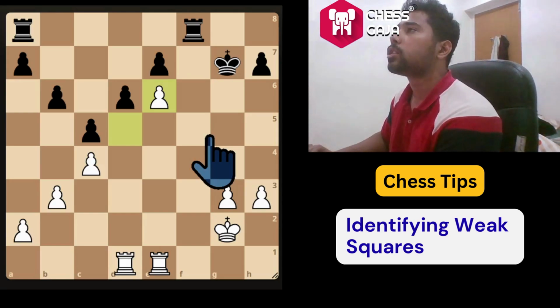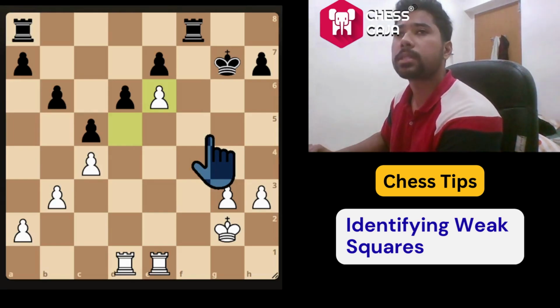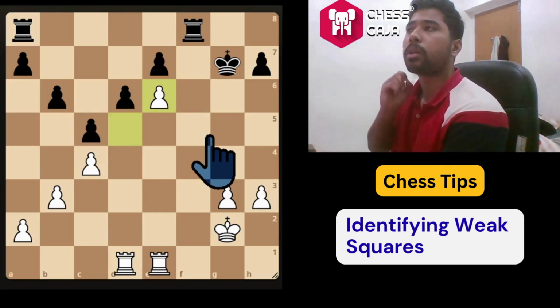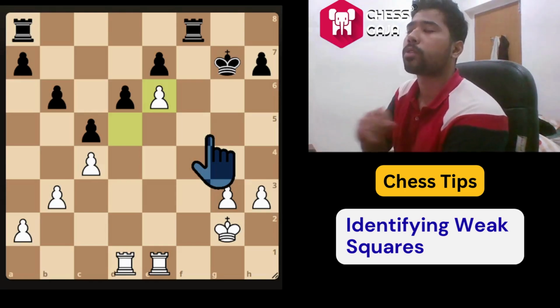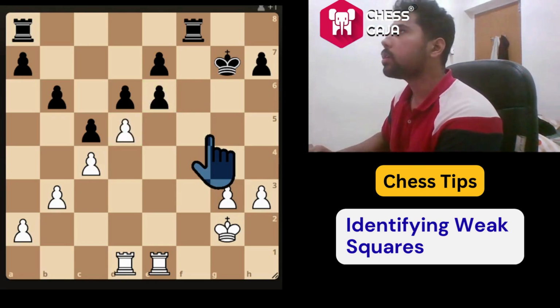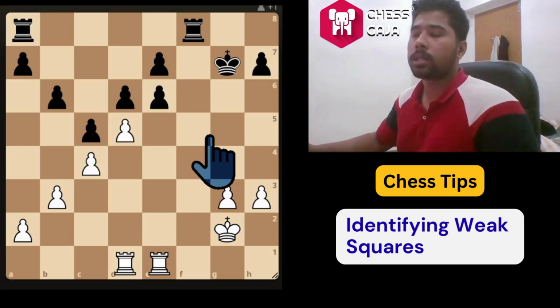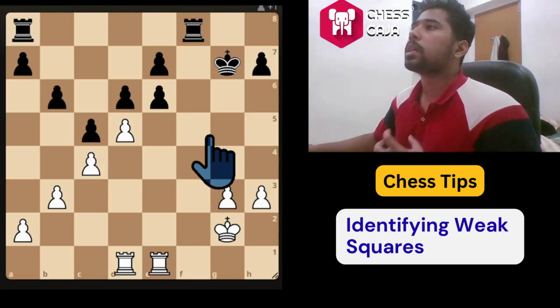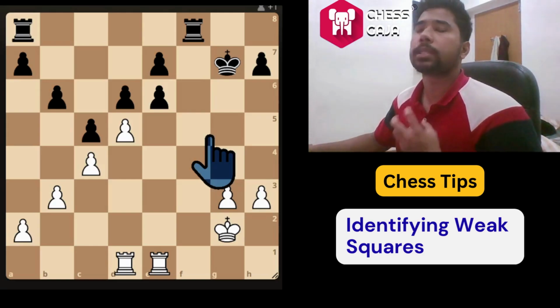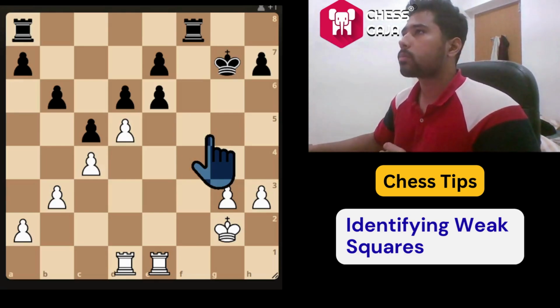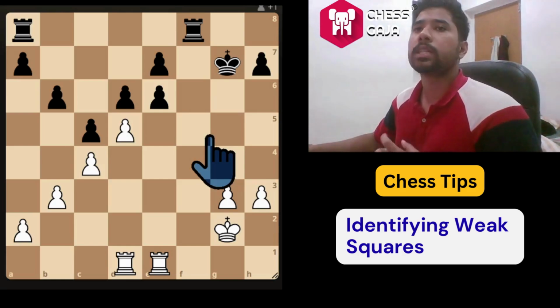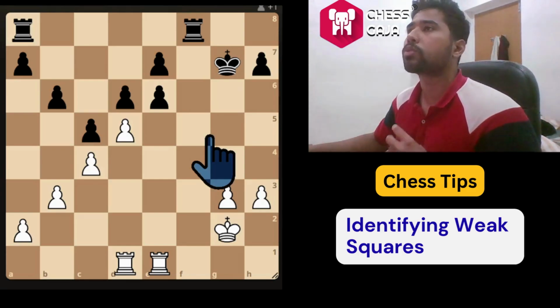Instead, they should place their pieces on such squares. The pieces of yours belong to the weak squares of your opponent. It was said by Siegbert Tarrasch that the weak squares of your opponent are like cavities and they should be occupied by pieces. Occupying them with pawns is like taking your opponent to the dentist and filling up their cavity. So you should give a lot of pain to your opponent, trying to fill up those weak squares and not